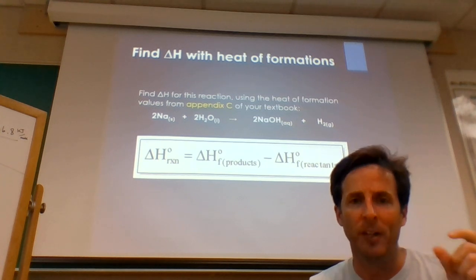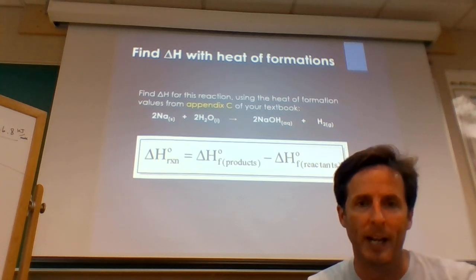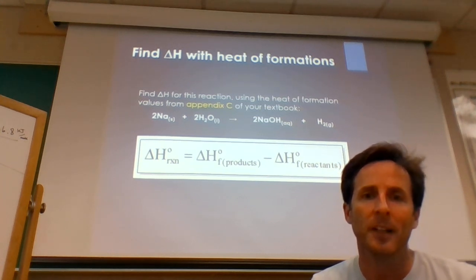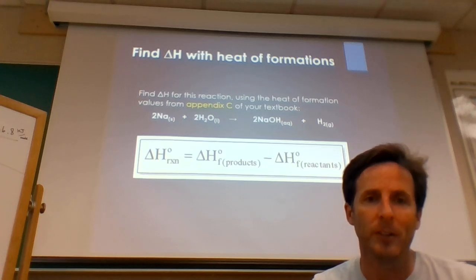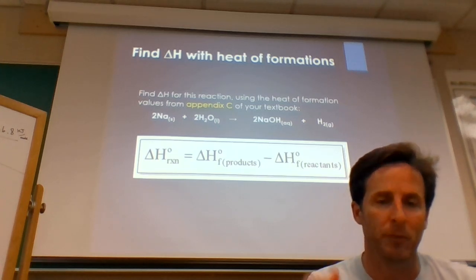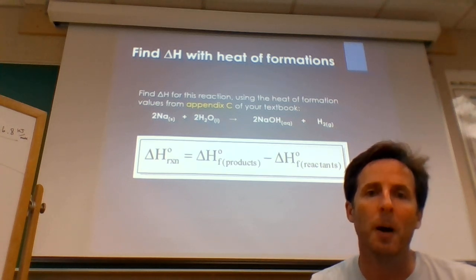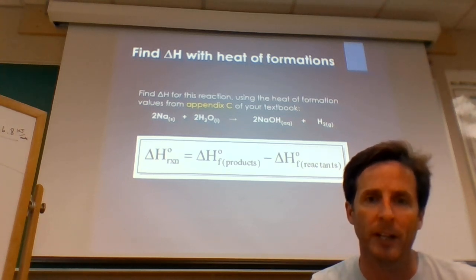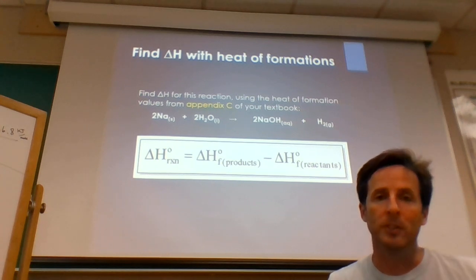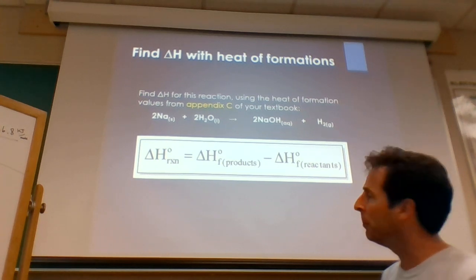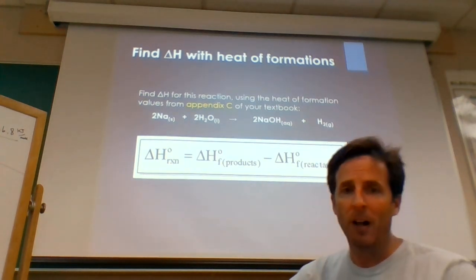It has the delta H of formation, which is what we're going to use right now. It also has the entropy value for that compound and the Gibbs free energy value for that compound. Those are things that we're going to use in 1212, but for now we're just going to use delta H, okay? So we're going to look those numbers up in just a minute, but the method we're going to follow,